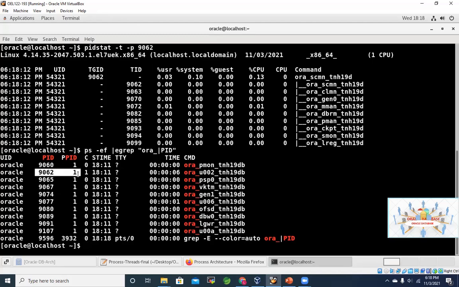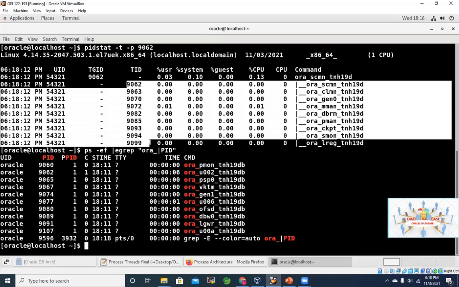9062, yes, that is what. It is a process ID. It has hidden threads within that, and I want to elaborate it. And once I elaborated, now you can see this TGID means thread group ID. Yeah, it is a thread group because it has hidden threads within that. Right, thread group ID is that, and these are the threads which are running in that thread group